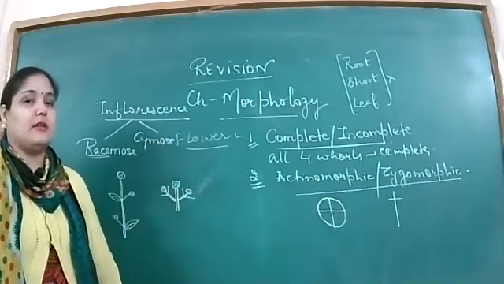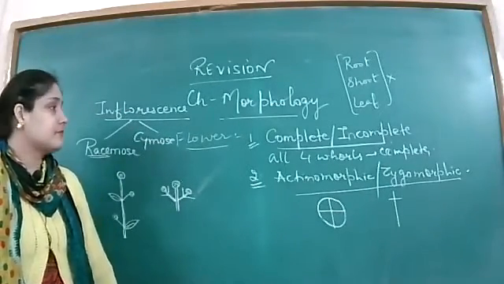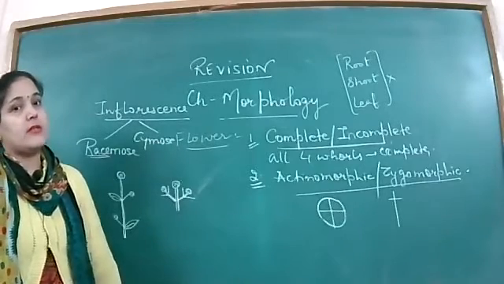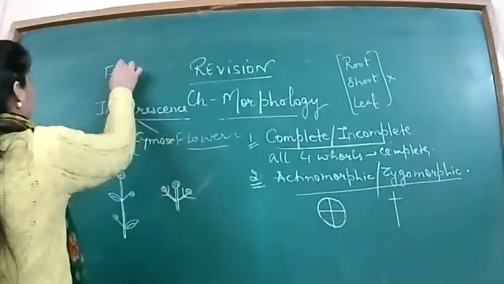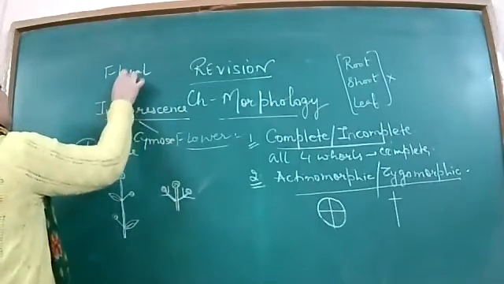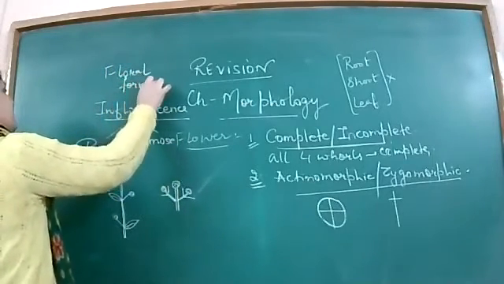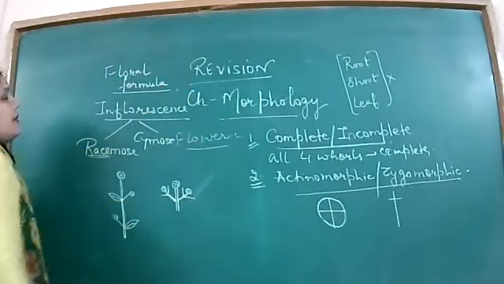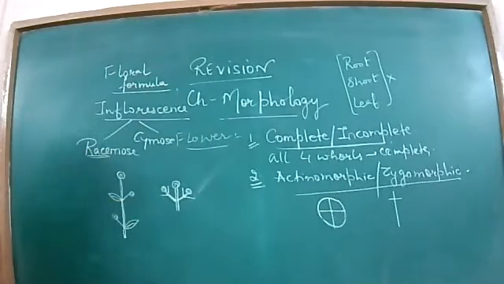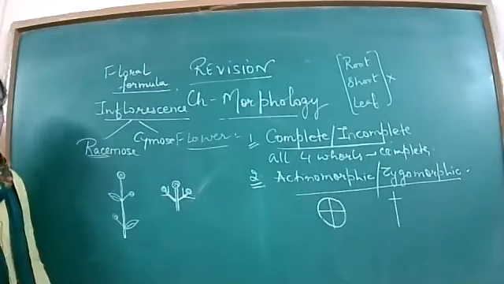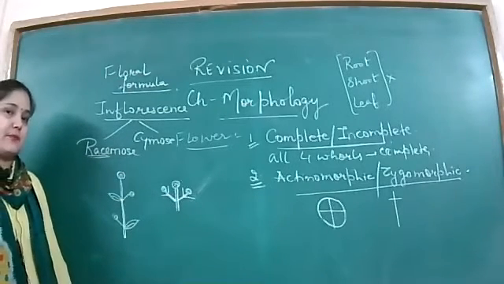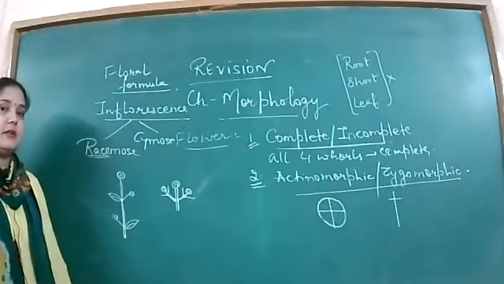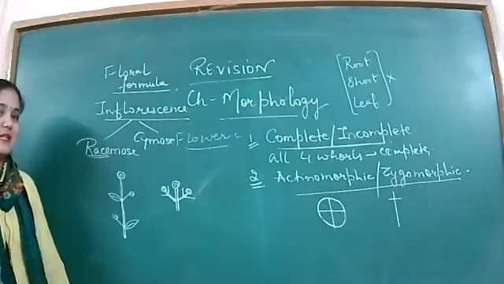What is the floral formula? Do you have any idea what the floral formula is? It is a symbolic representation of the whorls of the flower, which provides all the conditions, like their number as well as their arrangements to some extent, right?